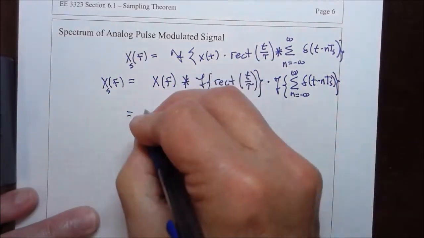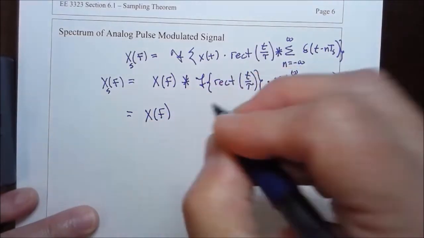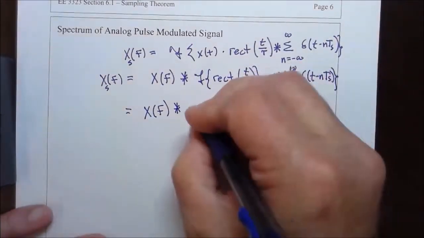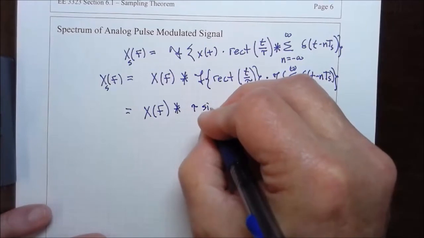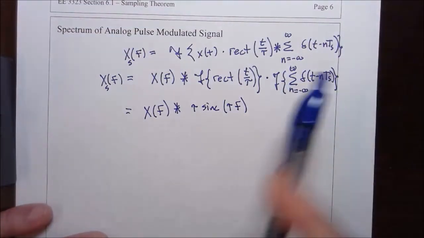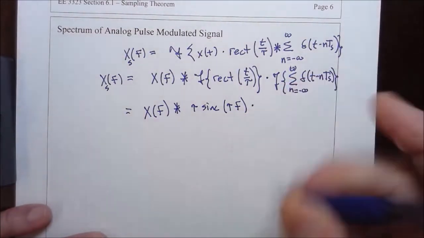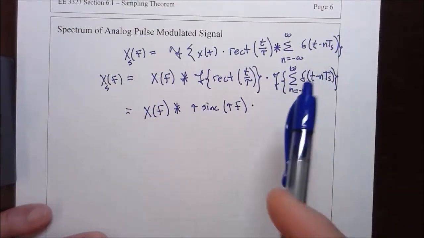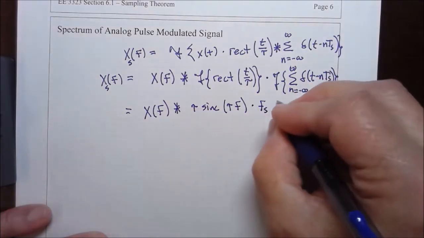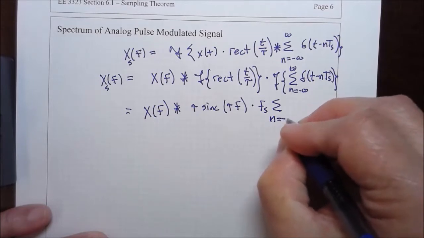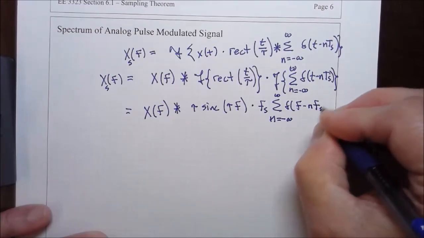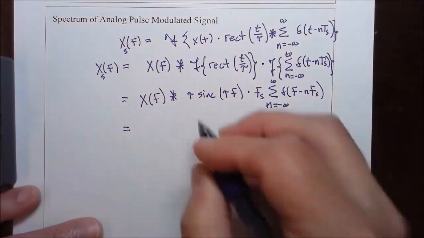So that's going to result in capital X of f convolved with the Fourier transform of the rectangle, which is going to be tau times the sinc of tau times f, and then that's going to be multiplied by the Fourier transform of this train of delta functions, which is going to be f sub s times the sum from n equals minus infinity to infinity of delta of f minus n times f sub s. Okay. Let's consider